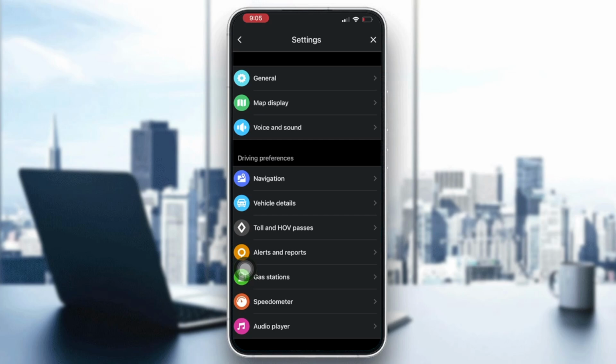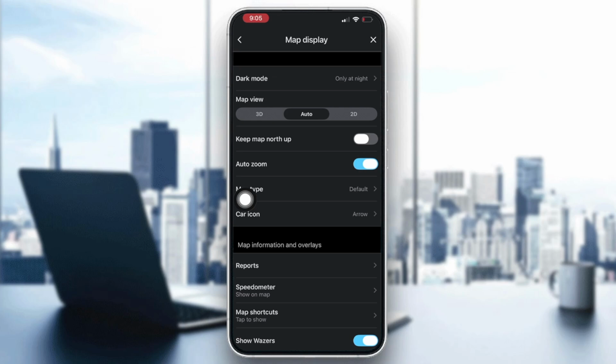So now you will need to look for display or map display, depending on your Waze version. So just go ahead with map display. It's the second option in the general first section. So right here, guys, you will need to find the option related to 3D view or map view and enable it if available. You can then return to the navigation screen, check whether the map is displayed from a